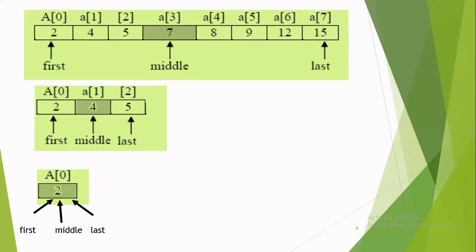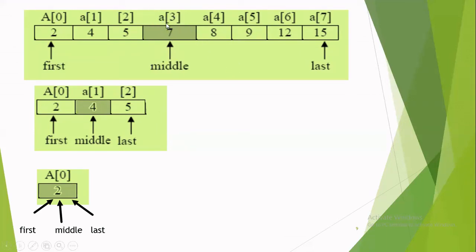Let us now consider one more example. Here, I've considered the same list that I've used earlier, but I'm going to change the search element. Here, I'm going to search for an element that is 2. Okay, as usual, the middle element index value is computed with the formula middle equals to first plus last divided by 2. So the middle element index value is 3.